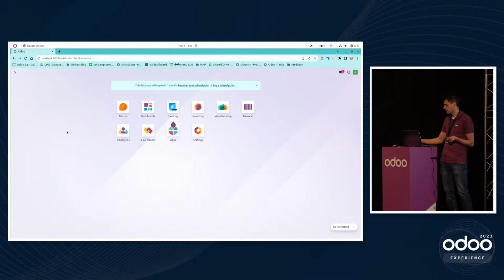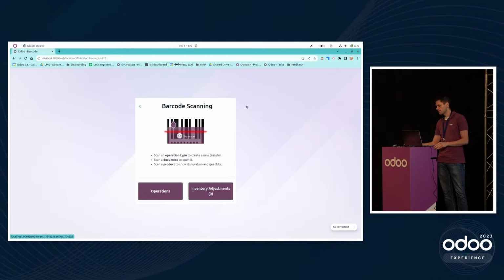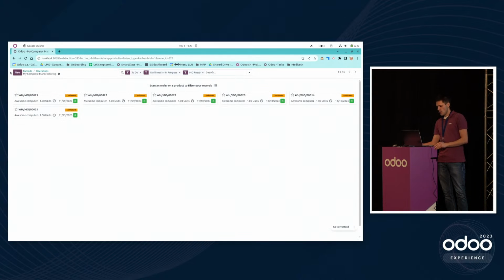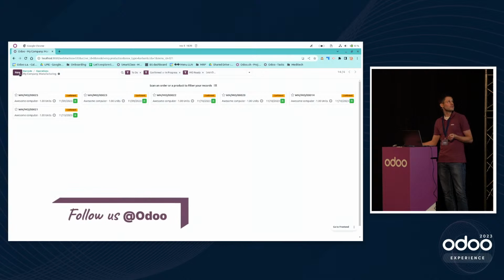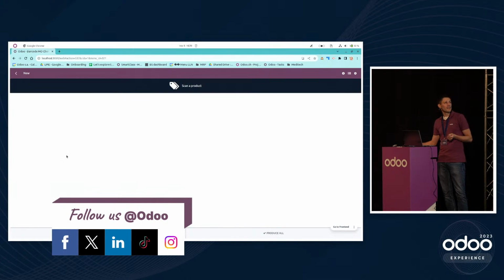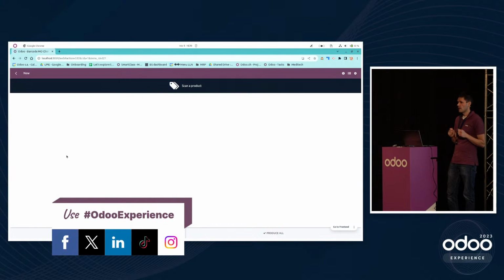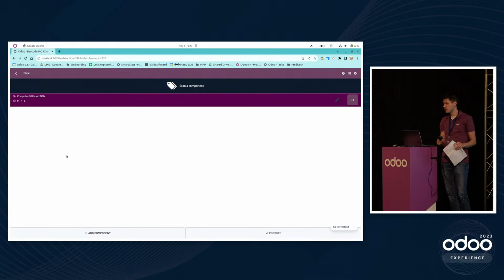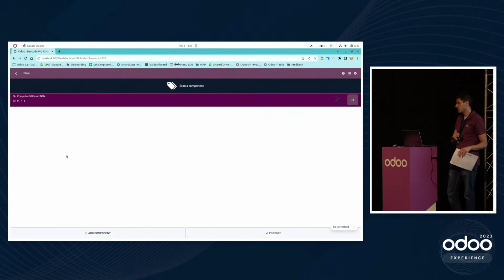And indeed, in the barcode app, if you go to manufacturing, you see that we also have the little button. And if I click on it, that means I'm able to create a new product directly from the barcode. So for that one, I will just create a computer without BOM. That means I don't have any component, and from that moment, I will just say, okay,